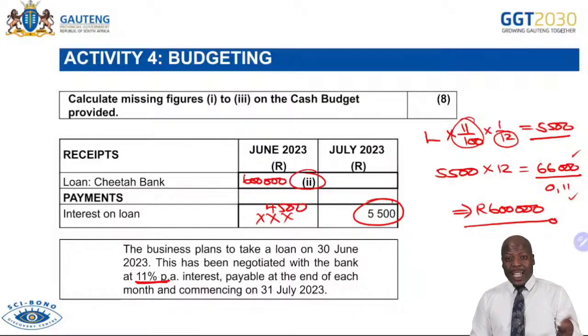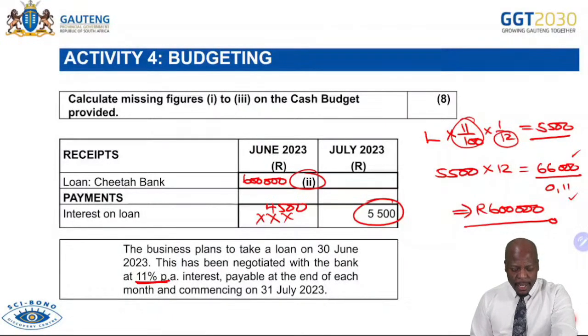The fixed deposit can also be tested in this way. The fixed deposit, the very same way, as well as the purchase of fixed assets. All right, the purchase of fixed assets. Please prepare accordingly. The purchase of fixed assets can also be tested, especially when you look at your calculations that have to do with fixed assets that were purchased. I'm going to move on to the next aspect.